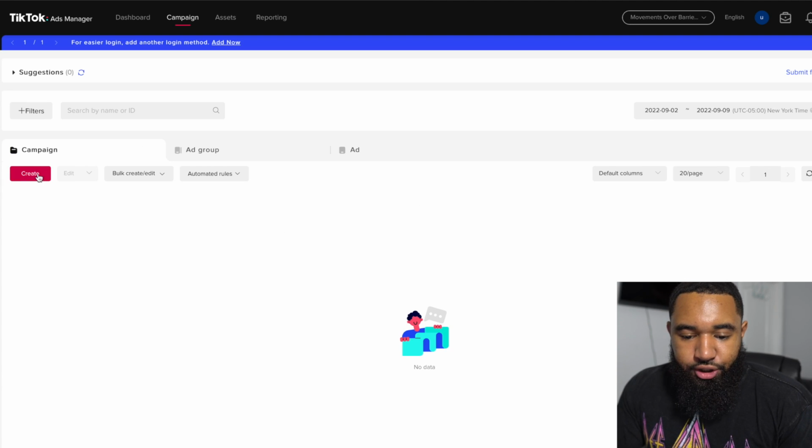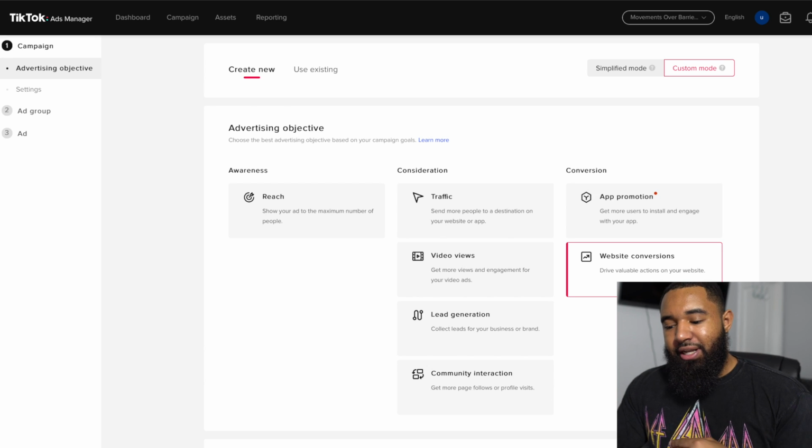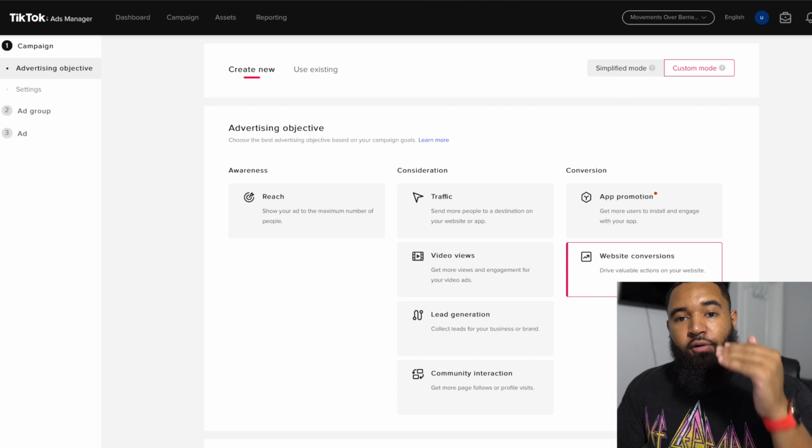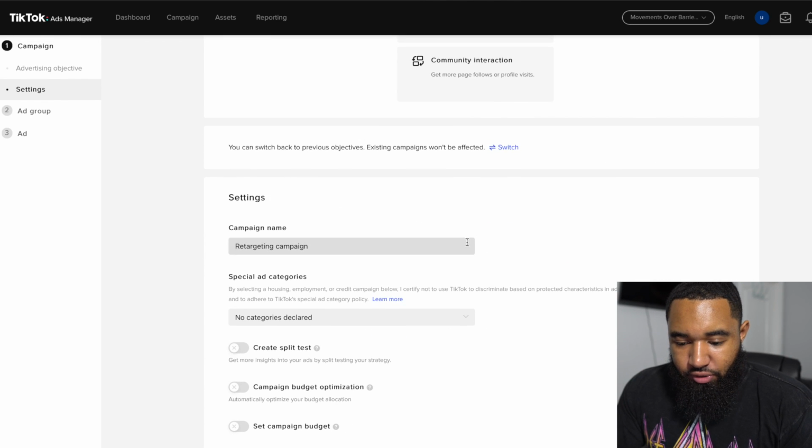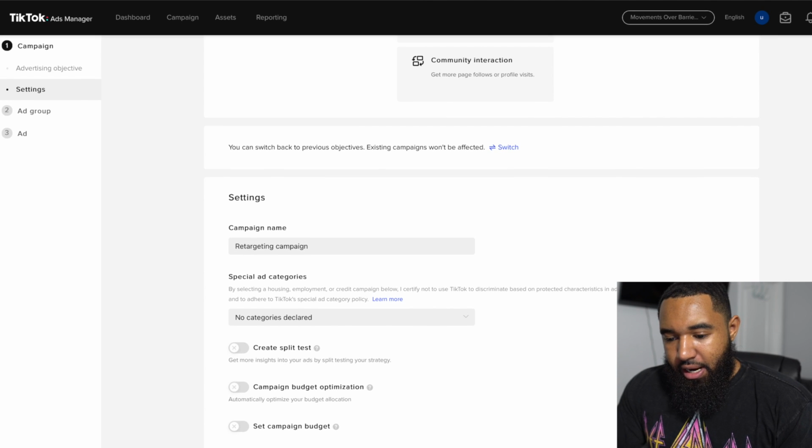So what you're going to want to do is select create campaign. And then select website conversions, because we want conversions. We want sales, right? And then you can name your campaign retargeting campaign. You can run a CBO,